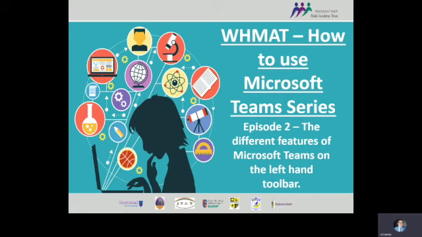In this second episode, we're going to look at the different features of Microsoft Teams on the left-hand toolbar. These features can be found as soon as a student has logged into their Microsoft Teams account, on the left-hand toolbar. What I'm now going to do is share my screen so that I can show you this